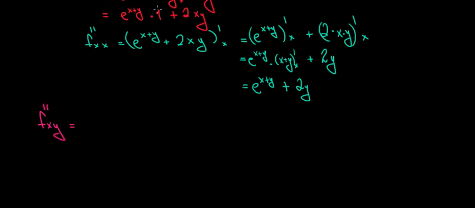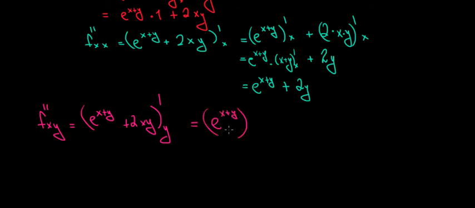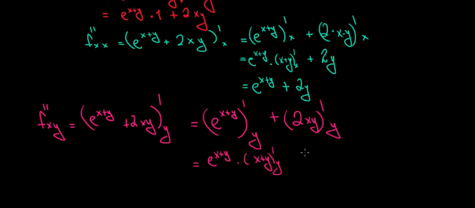So we take the first partial derivative with respect to x, e to the power x plus y plus 2 times x y, derivative now with respect to y, because that's the second partial derivative. So we differentiate every term with respect to y now, and then 2xy derivative with respect to y. So we have e to the power x plus y times the power derivative with respect to y